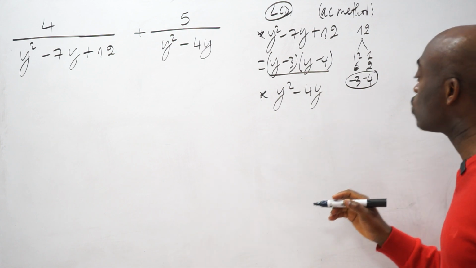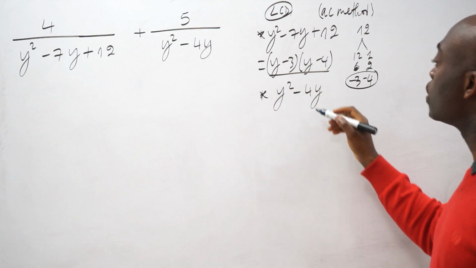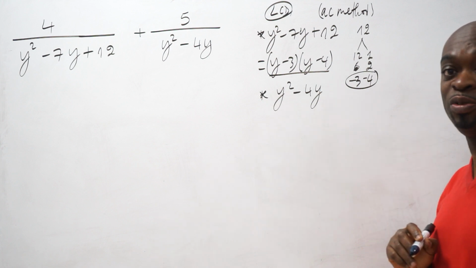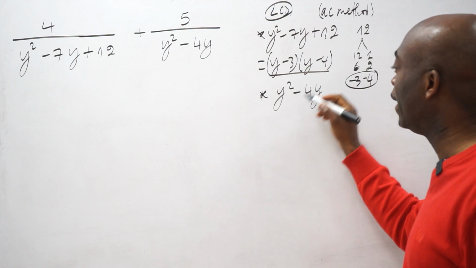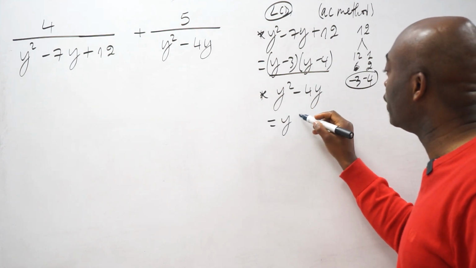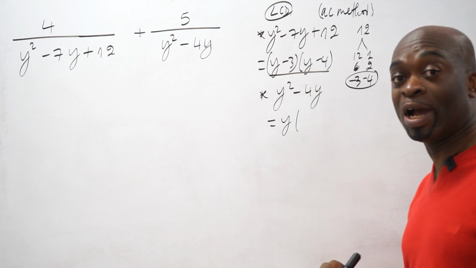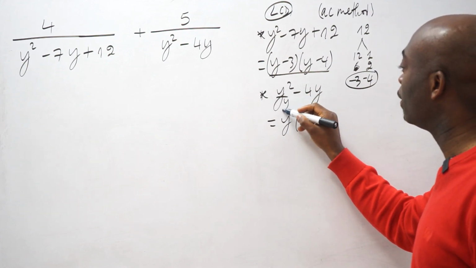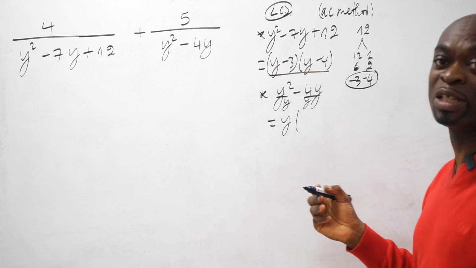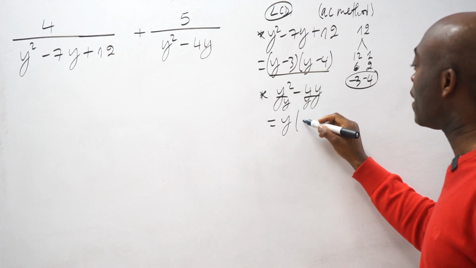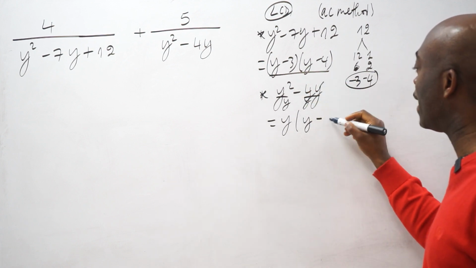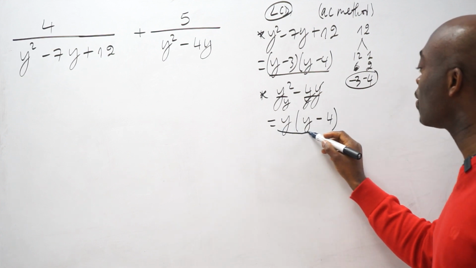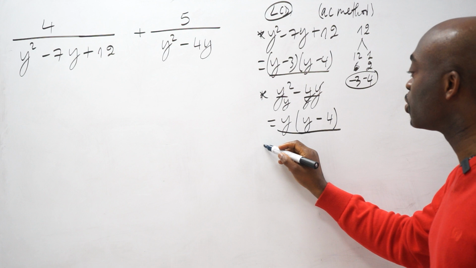So what's happening here? Is there anything in common that we can pull out? Yes. What is in common? y. So we have y in common. If y is out, what do we have left? We divide this by y and we divide this by y. So y squared divided by y is y, and with y out, negative 4 is left. Anything else to do? No. This also is done with. Now, ladies and gentlemen,